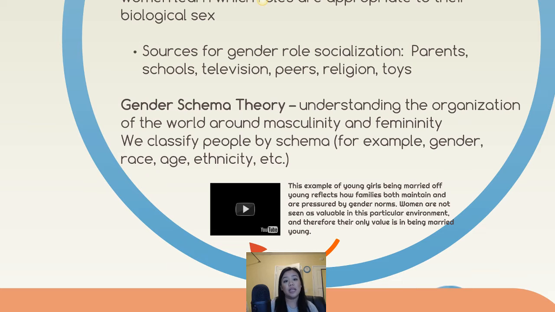She clearly wants to go to school and wants to pursue her dream of becoming a doctor. And the mother responded that girls are simply too expensive in our society to have. It's too expensive to send her to school, and it's too expensive to keep her at home. And so the only way to ensure that her daughter is able to have a sustainable life is by marrying her off to a family that she knows will take care of her. And in this society, when the daughter is married off, the daughter's family is the one that provides gifts to the future groom's family as well, as a way to almost thank the groom for taking on the burden of